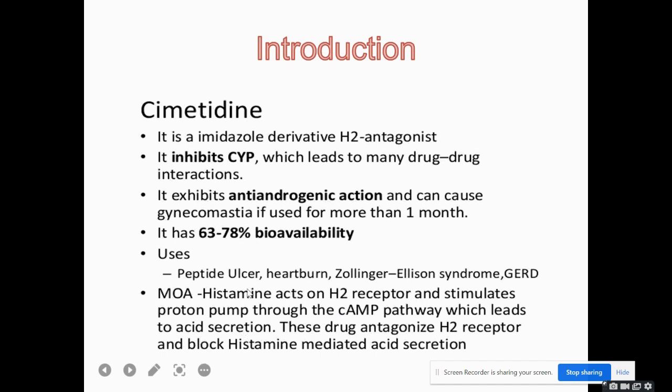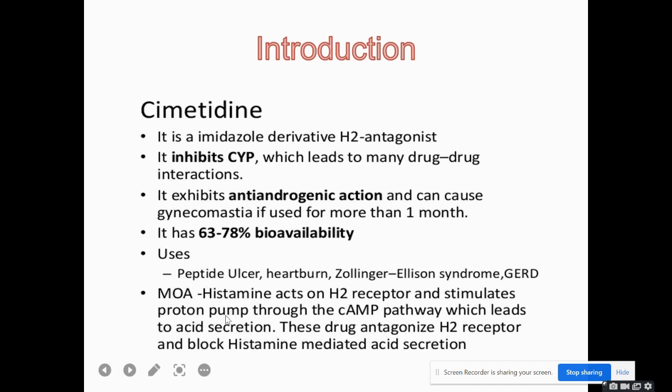Basically, what happens, there is a receptor H2 which is present on the parietal cells of the stomach lining. And when the histamine, which is biochemically synthesized in the human body, goes and binds with the receptor H2,